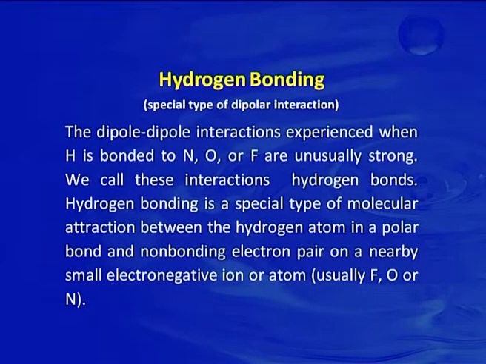Hydrogen bonding is a special type of molecular attraction between the hydrogen atom in a polar bond and a non-bonding electron pair on a nearby small electronegative ion or atom, usually fluorine, oxygen or nitrogen. Hydrogen bonding arises in part from the high electronegativity of nitrogen, oxygen and fluorine. Hydrogen bonding is the strongest of all intermolecular forces, including dipole attraction and London forces. It means that out of the 3 intermolecular forces, hydrogen bonding is much stronger than dipole attraction and